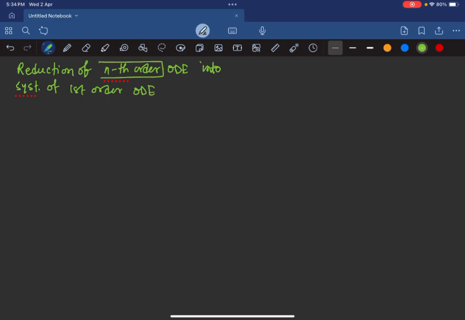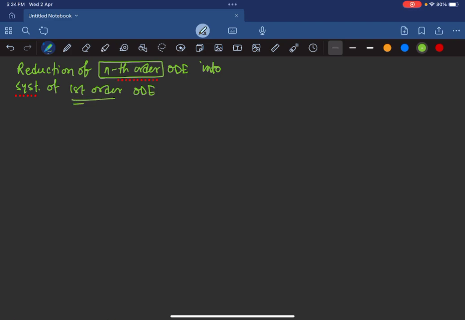So here we'll be discussing the reduction of an nth order ordinary differential equation (ODE) into a system of first order ODE. Okay, see what is the speciality, because an nth order equation is obviously a bit complex,